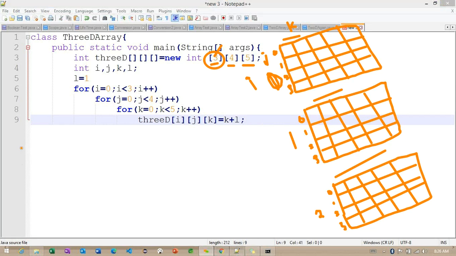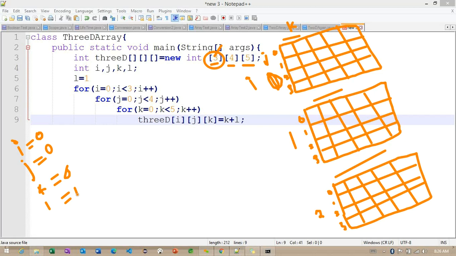Let me take here I value 0, and J value also 0, and K value also 0, and L value. So L value we are making as 1.